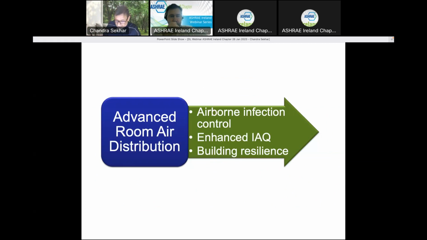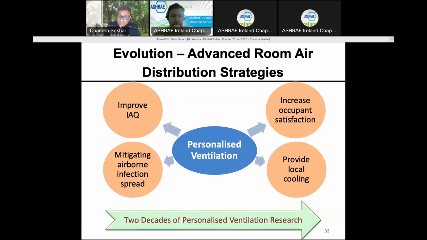We can do better than just trying to conform to certain minimum, or rather only to a certain percentage of the occupants. In other words, we can aim to satisfy everyone in the building by trying to handle the challenge or the problem at individual occupied zone. And that's where the advanced air distribution strategies in terms of personalized ventilation comes in. A lot of research has been done by several groups worldwide. We have been involved in this for almost 20 years now. There are other groups in Europe and US and other parts of Asia. The primary purpose, again, is to ensure that we can manage the microenvironment better.